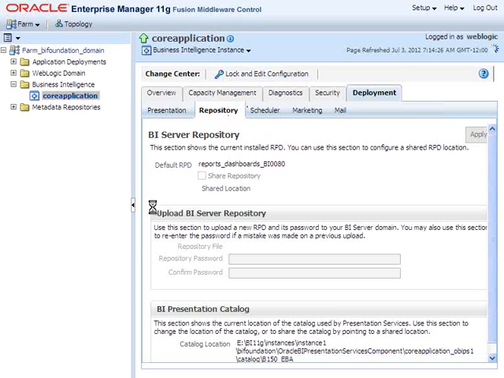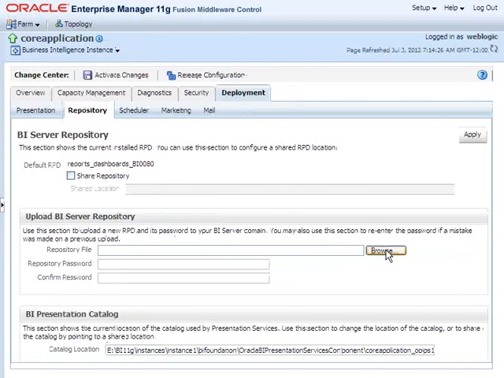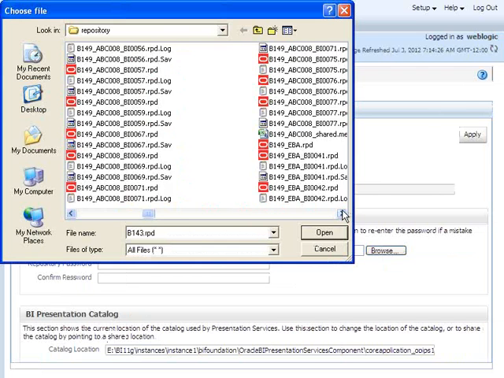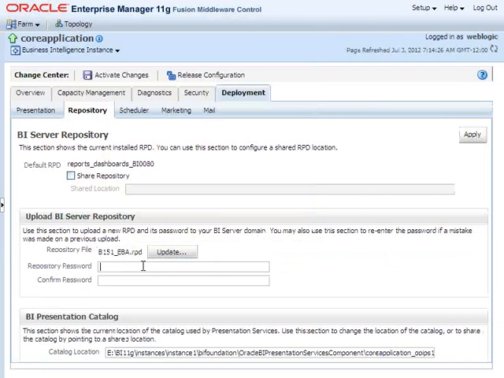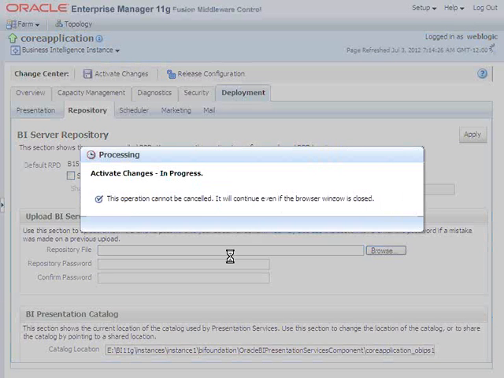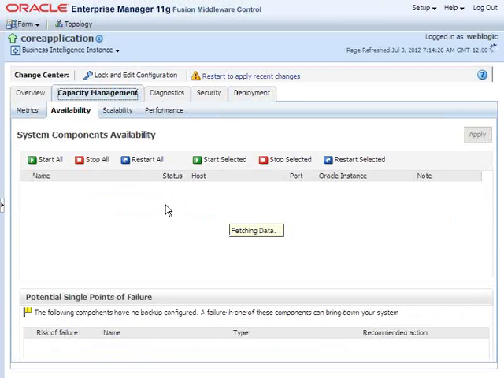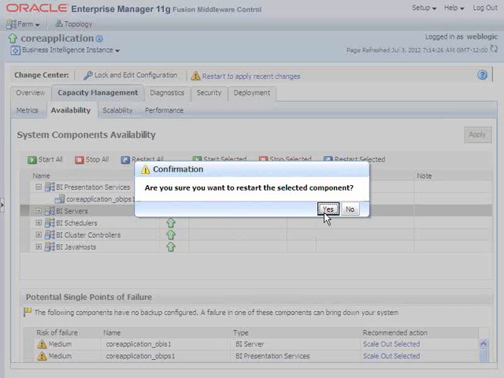Okay, repository, lock and edit configuration, close, then minimize, browse, then I have here B151_EBA, open, then password RRITech123, click on apply, click on activate changes, activate changes, close, then Capacity Management, then BI server, then restart selected, click on Yes,